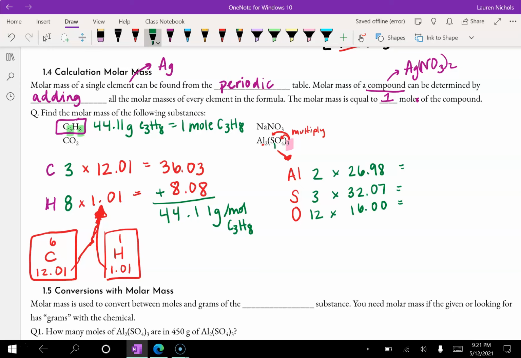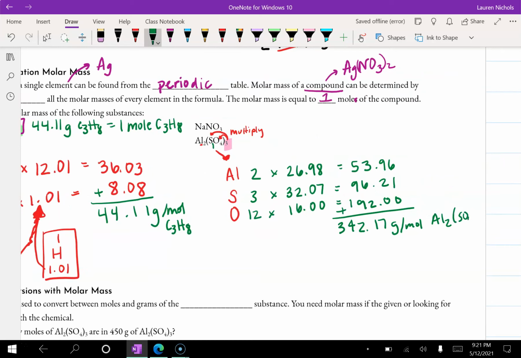But 2 times 26.98 is 53.96. 3 times 32.07 is 96.21. And 12 times 16 is 192.00. Your molar masses always keep 2 numbers after the decimal, which is why I'm including those 2 zeros. And then we add them together. And I don't want to do that in my head, so I'm going to use my calculator. And that will give us 342.17 grams per mole of